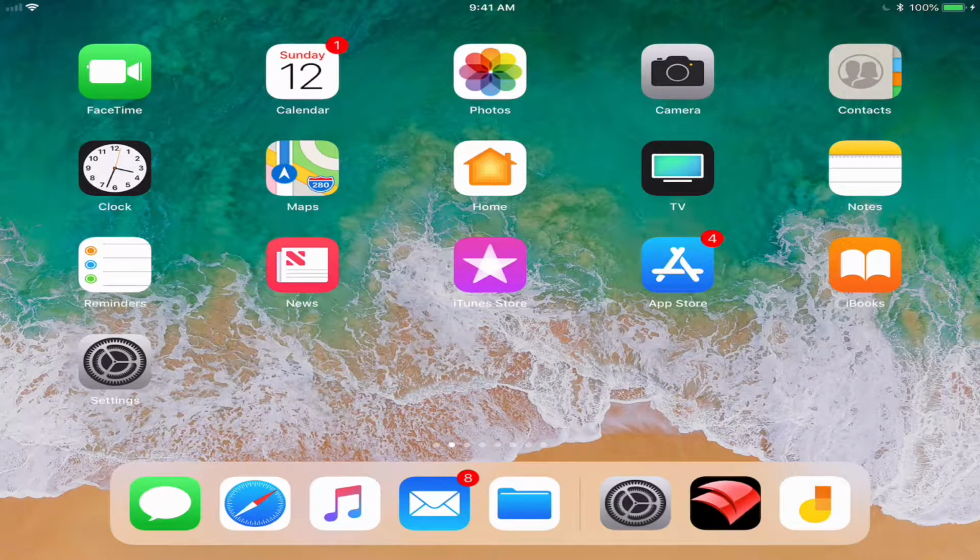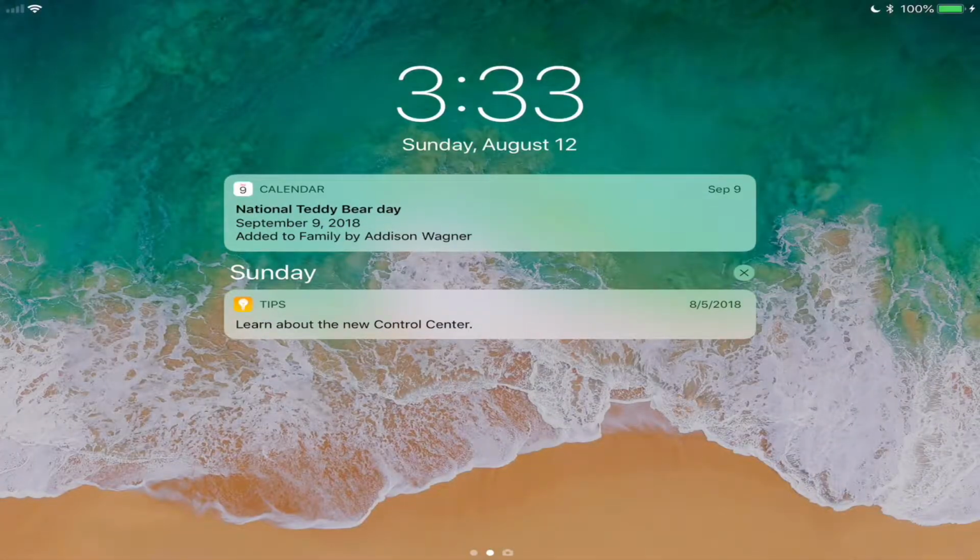Let me show you a few gestures that you can do on your iPad. So when you start off with the home screen, once you've logged in, there's a few different swipes and things that you can do to access some more information. If you swipe down from the top of your screen, for example, it'll show you your notifications, things that you